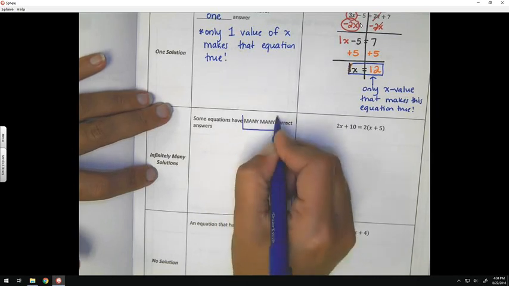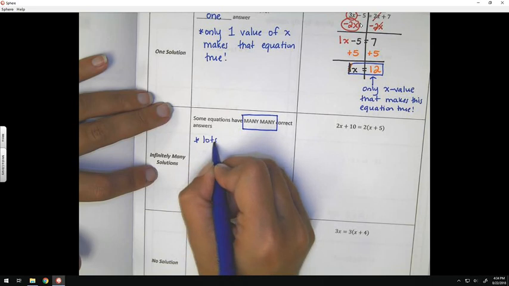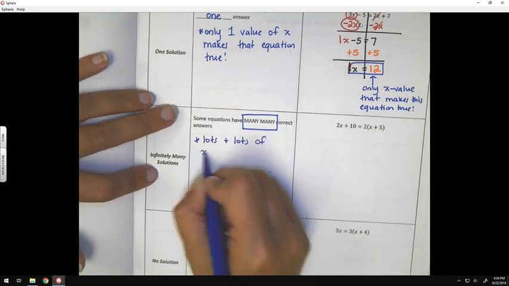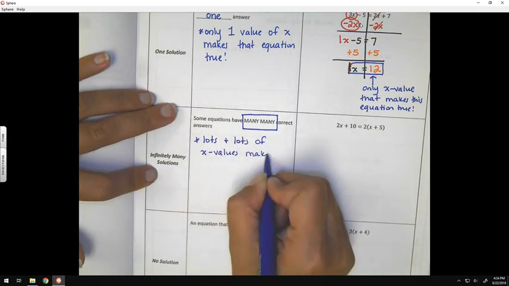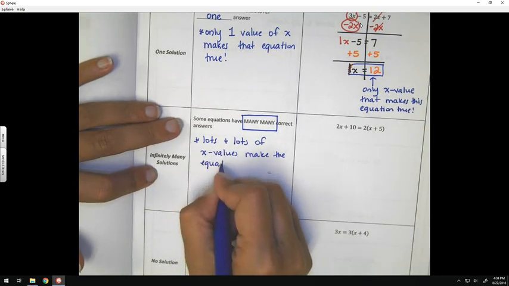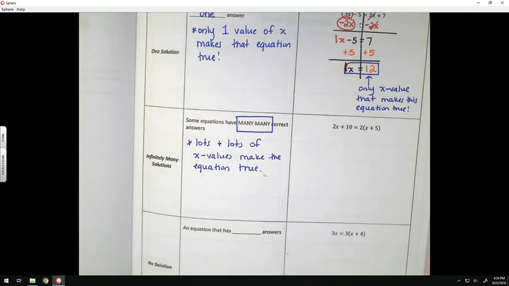However, there are some equations that have infinitely many solutions. In other words, there are many, many correct answers. So lots and lots of x values make the equation true. For example,